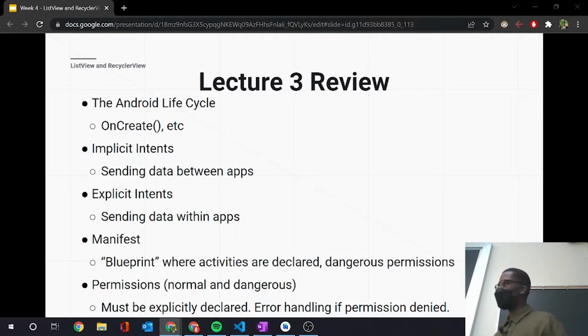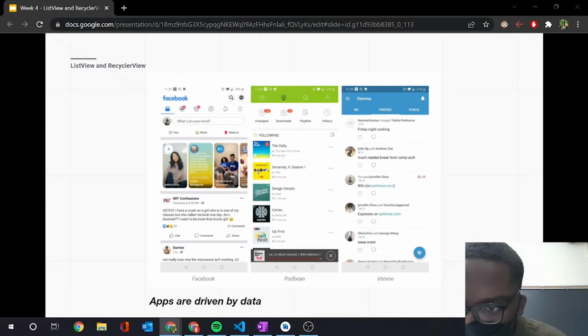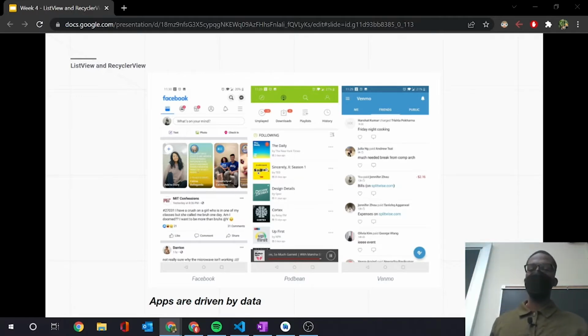As I said, today we're going to be talking about ListViews and RecyclerViews. So I'm going to introduce the start of that with some examples. Here's an example of 3 apps I have here: Facebook, Podbean, and Venmo. Lists are probably one of the most ubiquitous layouts that can be found in any mobile app. All the screenshots above show different usages of list layouts.